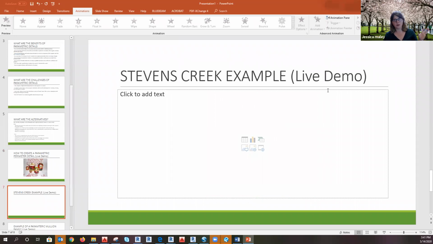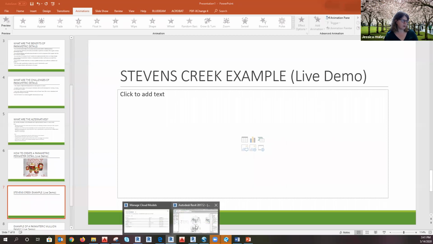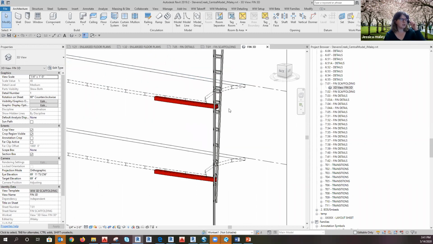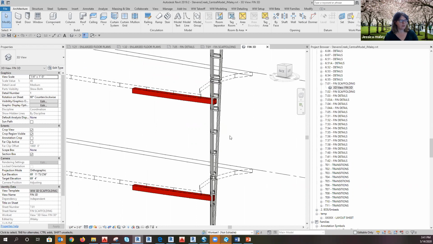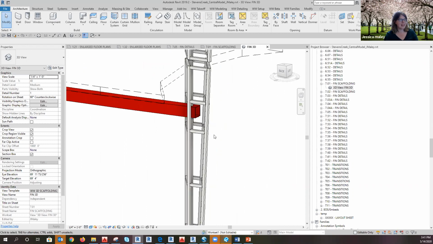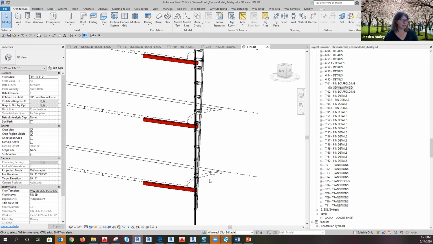an example of how I tied a 2D family to a 3D family for Stevens Creek. I won't walk you through all the steps, just show it as an example. So can everyone see the scaffolding on my screen right now? Yes. Okay, cool. So in Stevens Creek, we had this